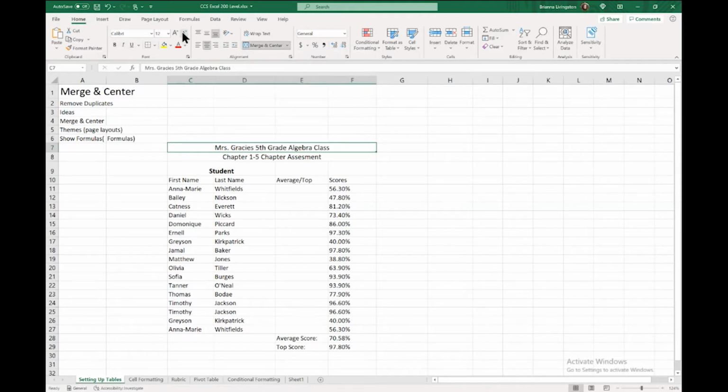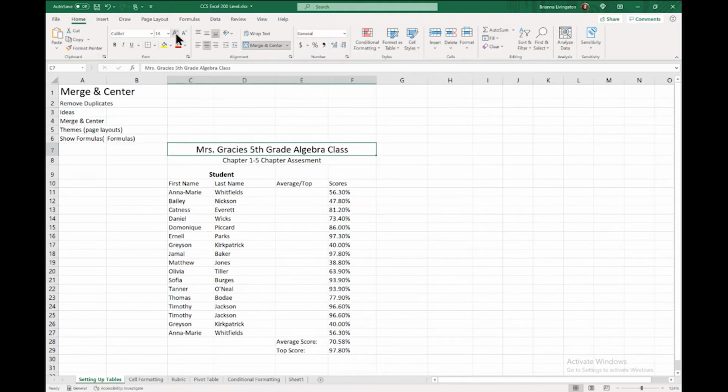Okay, and we want to make this a little bigger. Okay, let's make it bold too. So now we have a nice header title, and I apologize. I know you guys are college level, but this is a sheet that I've had prepared for a while. So the examples are kind of like elementary based or, you know, non-college based, K through 12. So we've got our title.